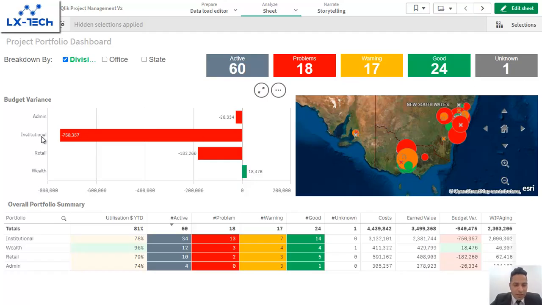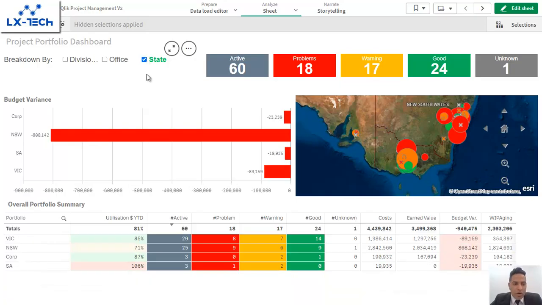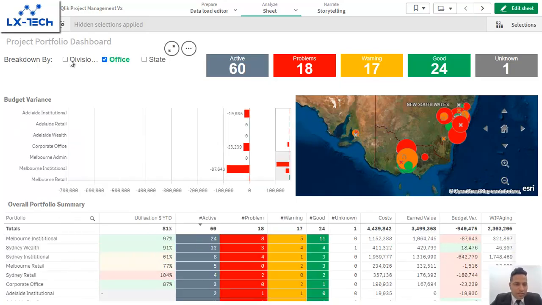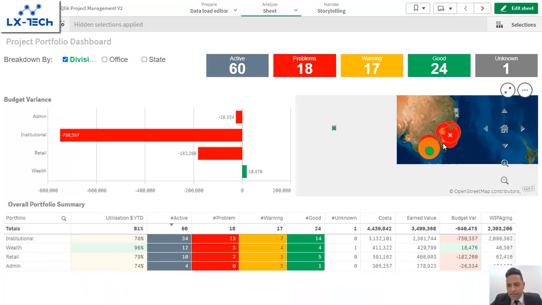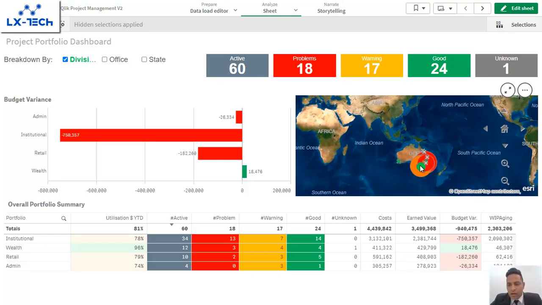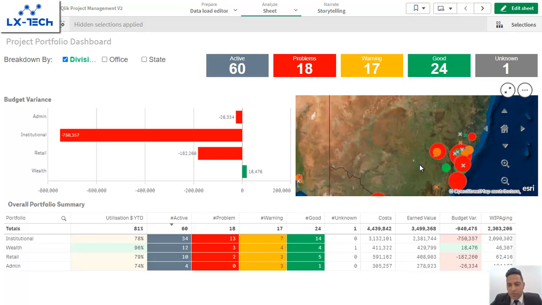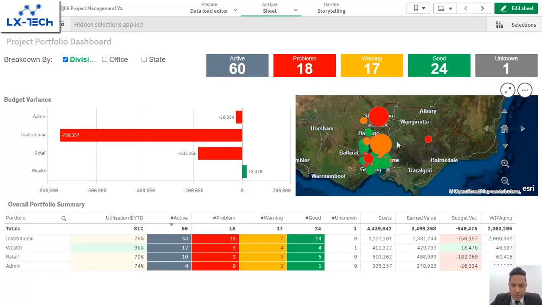And then there is a budgeted variance plot here on the left hand side. You can see it by division, by your office, or by the state, or any category that refers to your business. In this case, I continue on division. On the right hand side, this is plotted on the map showing where our projects are running. In this case, most of the projects are running in Australia, and we'll see how to drill into them